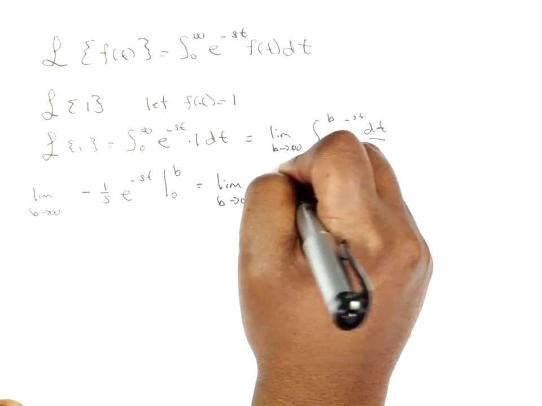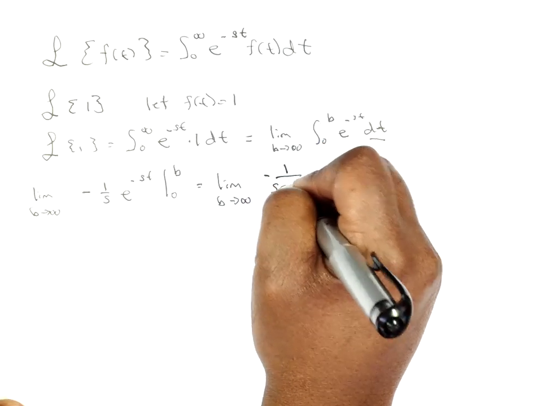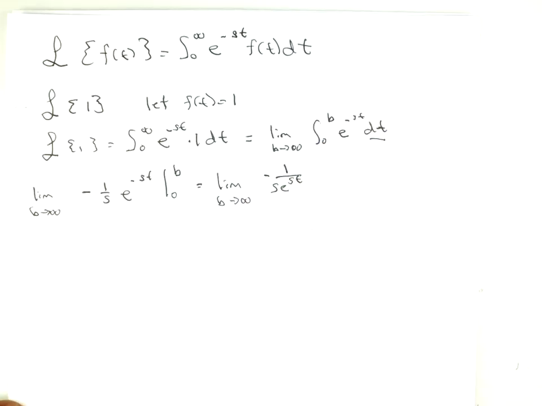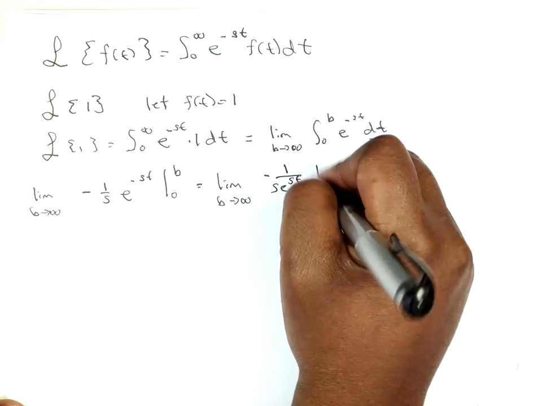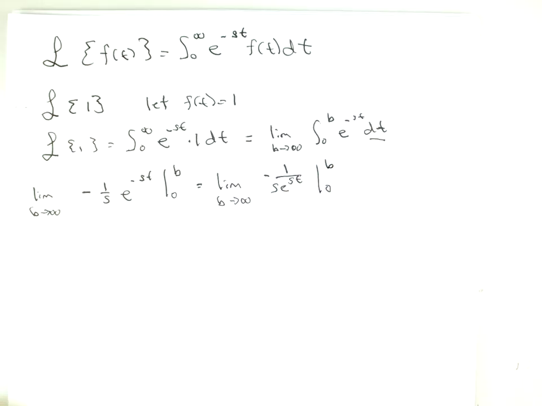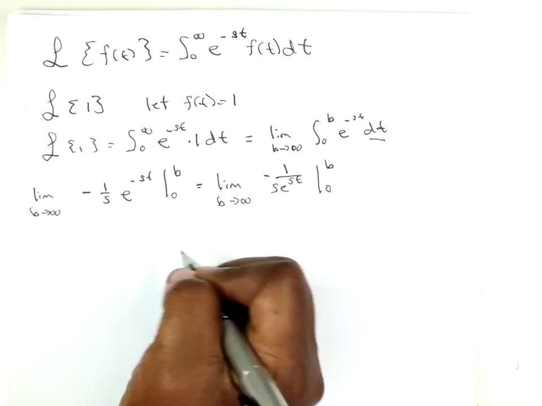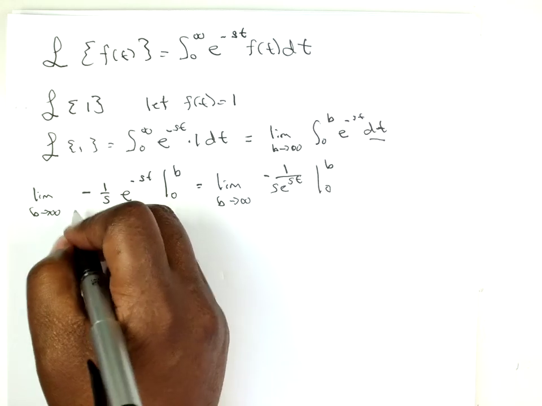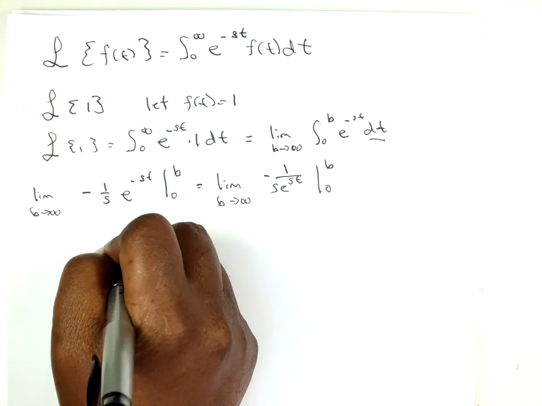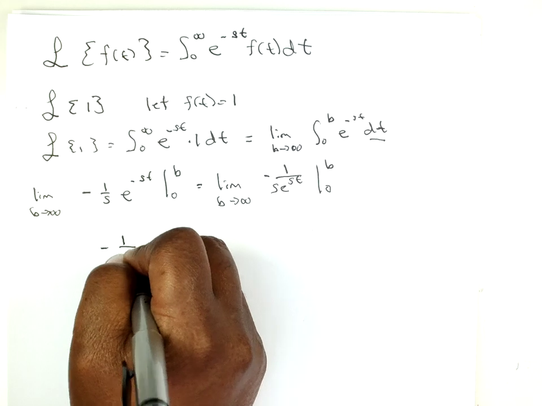And I just want to write it all put together before we look at our limits of infinity. So I can just bring that e to the st down. And now when I take the limit as b goes to infinity, I get negative 1 over s e to the sb